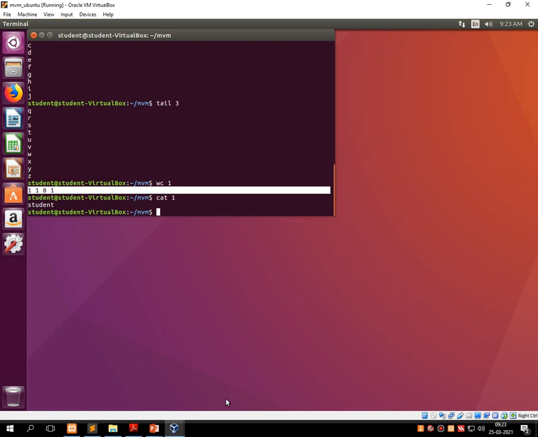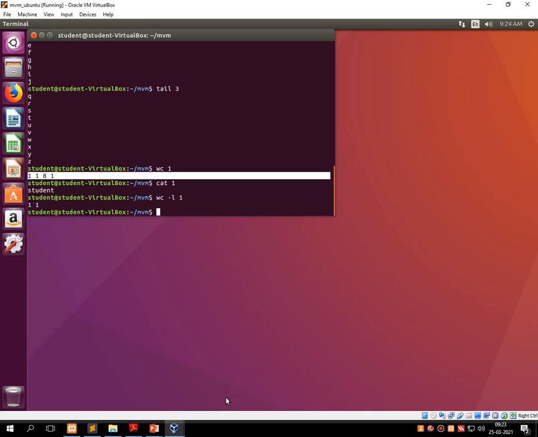Let's use any one with the WC command. So I'm writing WC -l and then the name of file. What does it print? One line, so 1 is there onto the screen.